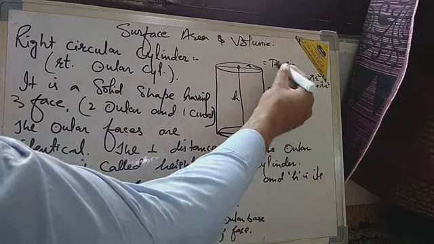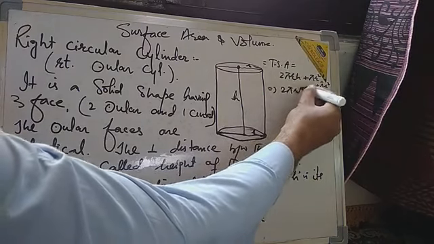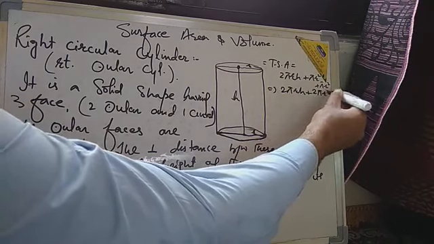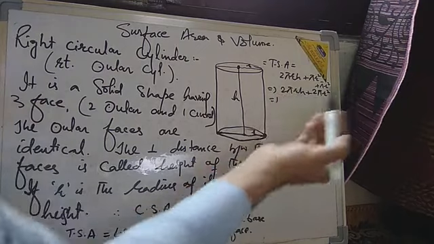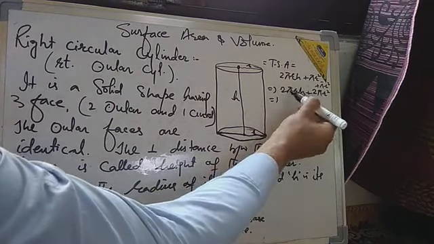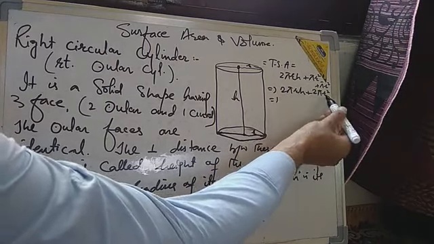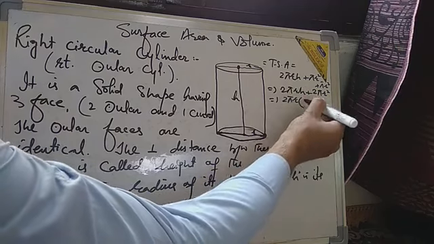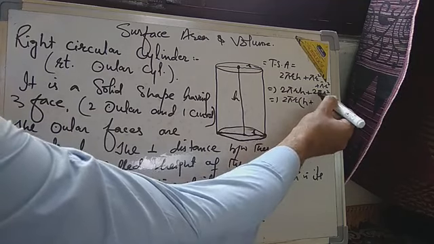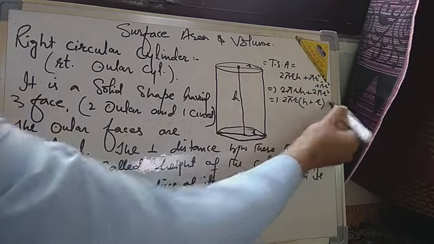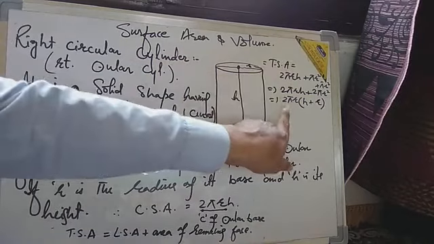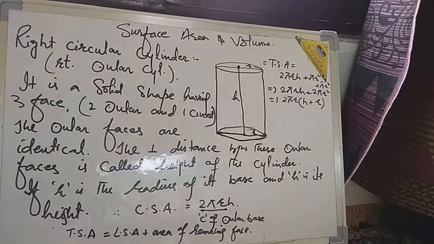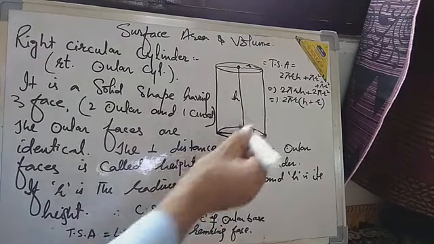What does the total area become? 2 pi r h plus pi r square plus pi r square is 2 pi r square. Taking the common terms, 2 as common, pi as common, r as common. Taking 2 pi r as common, from this term here remains h, plus from this very term here remains r. So the total surface area becomes 2 pi r into h plus r. This is the total surface area of the cylinder.